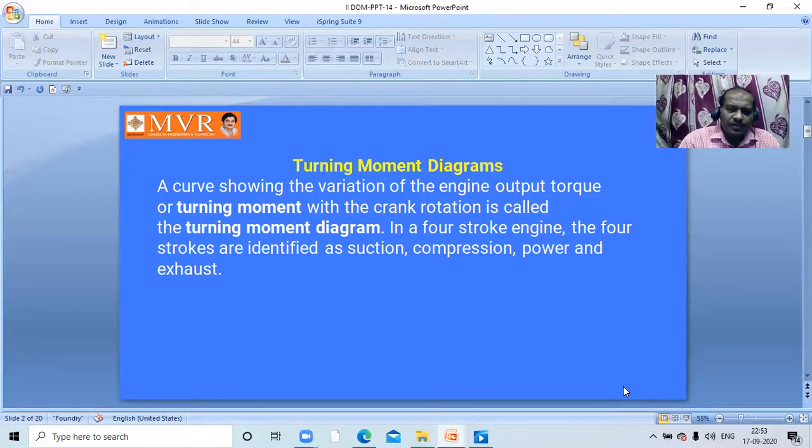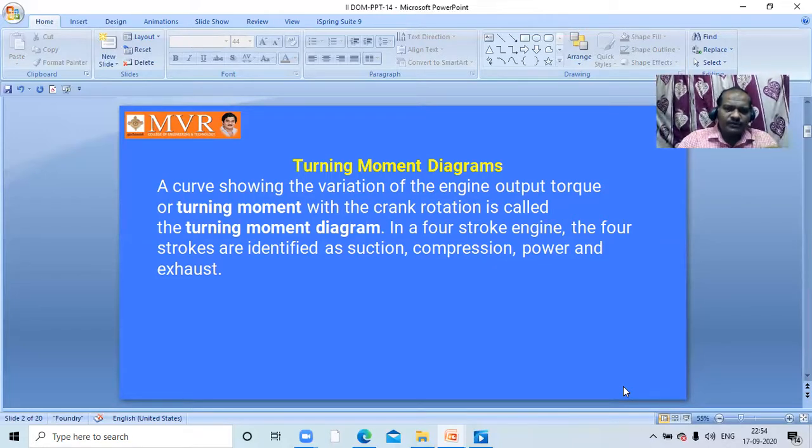After compression, what happens? High temperature will be created. That means as pressure increases, temperature will increase. At that point, a spark is going to be started. Due to the spark, the mixture present between the piston and the cylinder gets ignited, and that pressure itself tries to move the piston downwards, and it will once again come back to its original position. That's why it is called a power stroke.